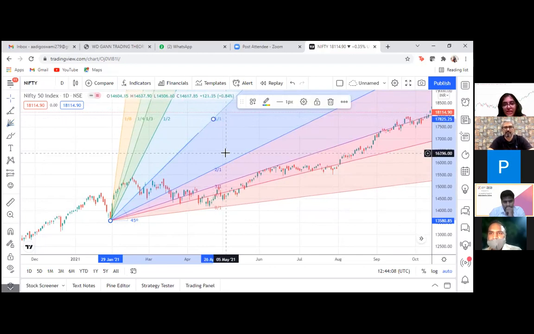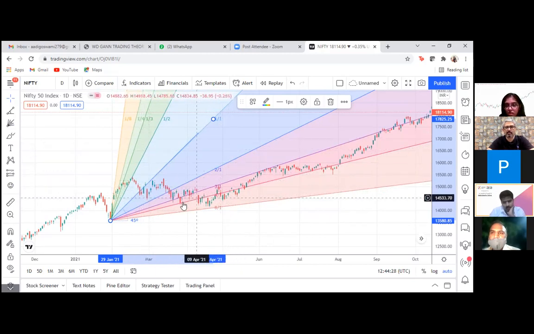So as you can see, I have drawn the trend line here to see what a 45-degree angle from a low is. And then I have made the Gann fan here. So we can see that the 8 by 1 line, say for example, acts as a support here. And so does the 2 by 1 line at some point. So this is how the Gann fan is used, by making a Gann fan from a significant low and plotting it on a 45-degree angle.